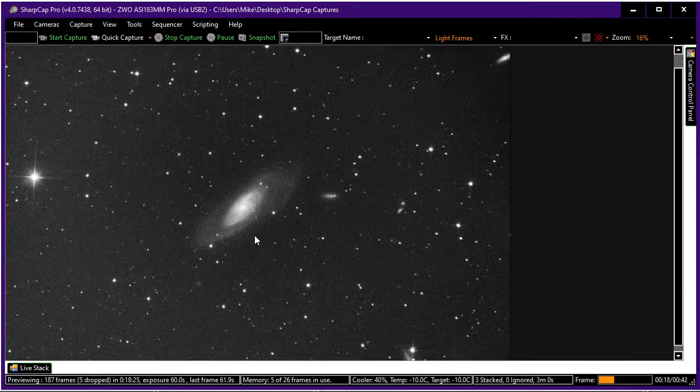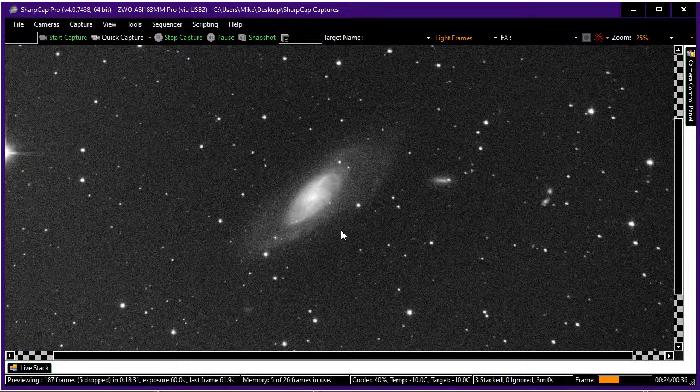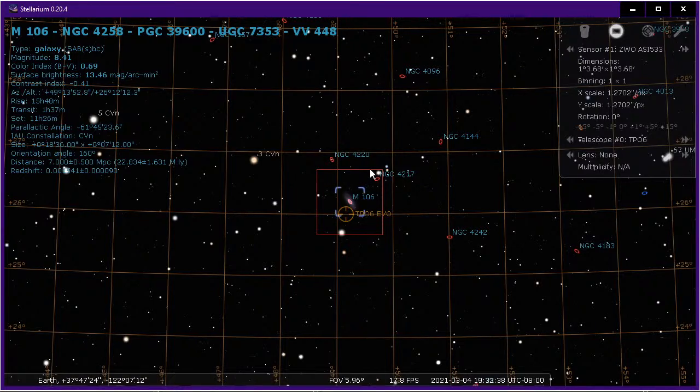M106. So there's a supermassive black hole in the center of this with a highly active nucleus. It contains an active nucleus classified as a Type 2 Seyfert and the presence of a central supermassive black hole has been demonstrated from radio wavelength observations of the rotation of a disk of molecular gas orbiting within the inner light year around the black hole. NGC 4217 is a possible companion galaxy of M106. 4217 is a possible companion, so this one right up here, so